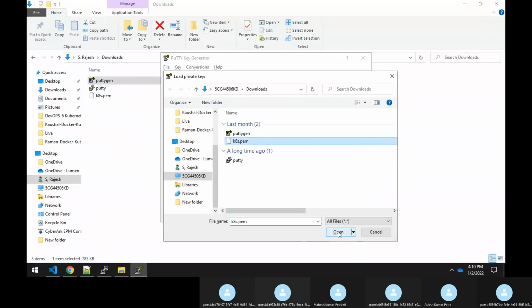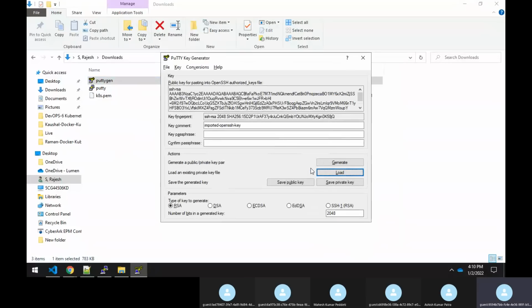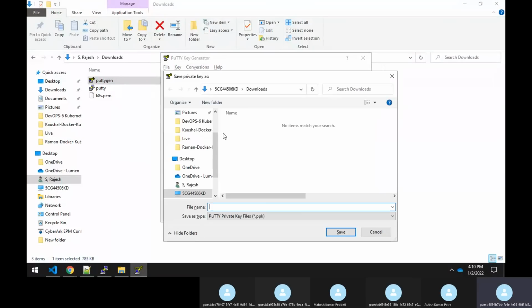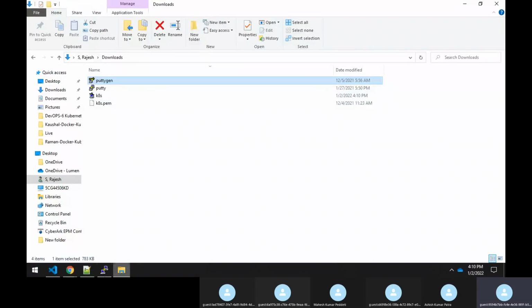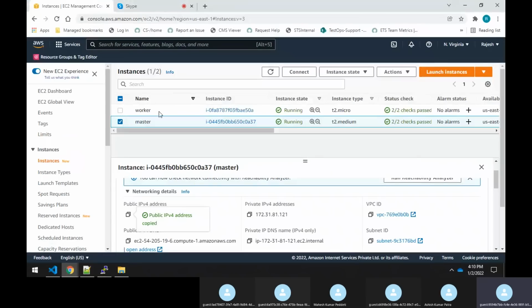Now you try to create the PPK file. It created the file. Now you try to log into your machine.